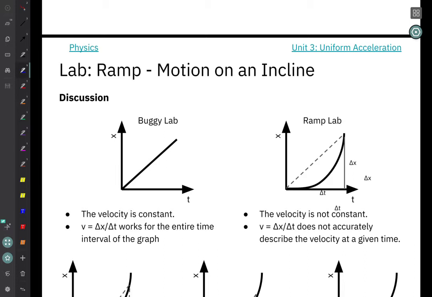So today we're going to go over the discussion for our ramp lab, motion on an incline. We're going to focus right now on page 32 in the lab notebook. In our class, we're going to start taking notes on this on September 10th, 9/10. Now you can go with this title, lab ramp motion on an incline, or you can use the title that will be in our table of contents, which is going to be ramp lab